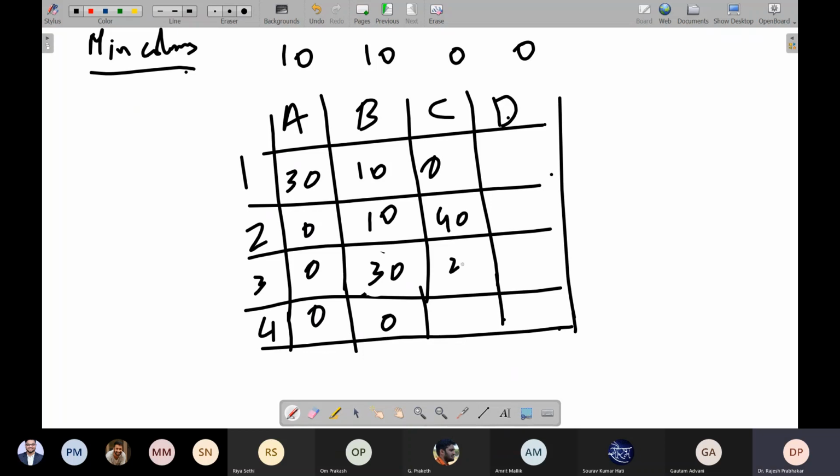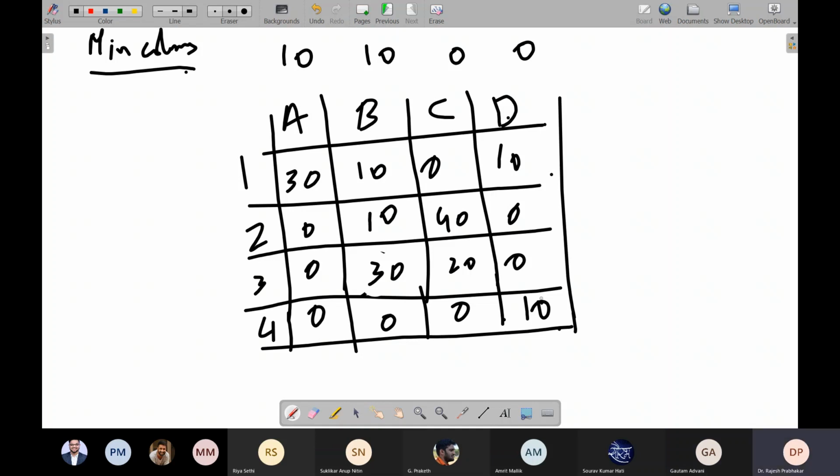Then 0, 40, 20, 0, because 0 doesn't change anything. Then 10, 0, 0, 10.